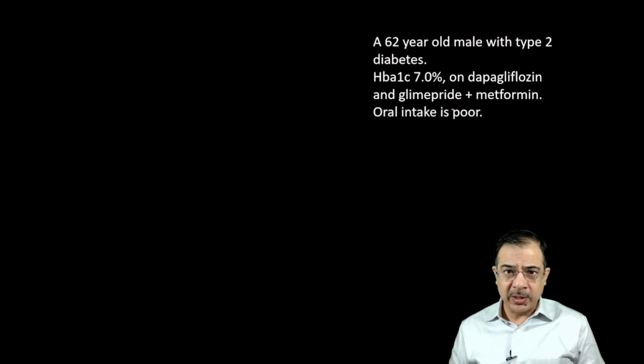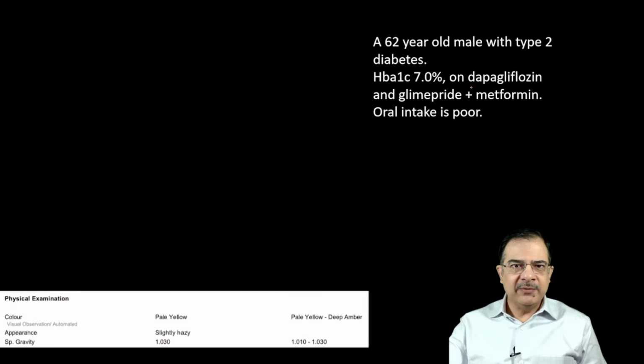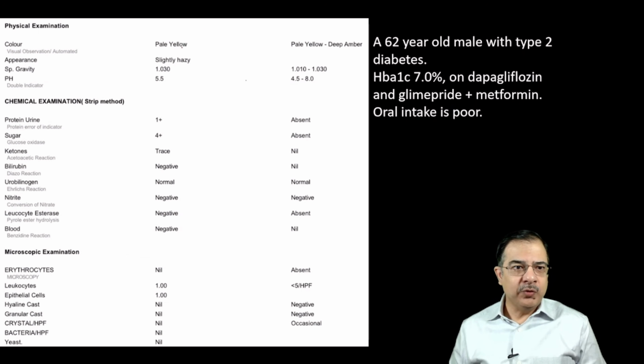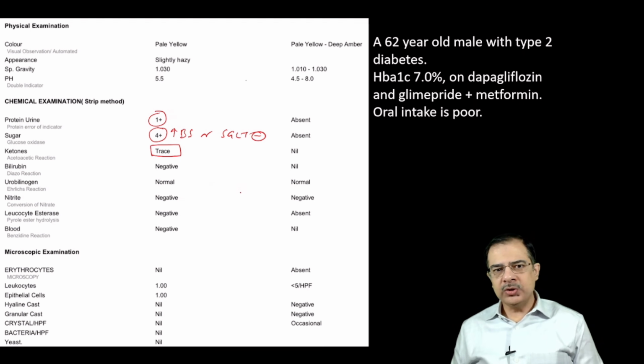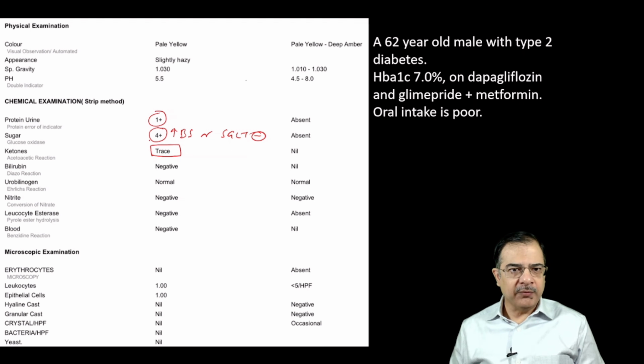Oral intake is very poor in this patient. So let's see what the findings are. In this finding, if you can see, urine proteins are 1 plus, that is not good for a diabetes patient, can indicate a nephropathy. Sugars are 4 plus. Sugar 4 plus can be explained by high blood glucose levels, or it can be the use of SGLT inhibitors in a diabetes patient. Now look here, ketones are trace, and when we check for the infection, leukocyte esterase negative,